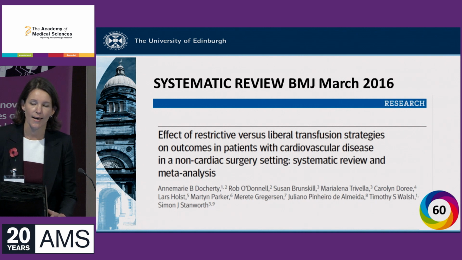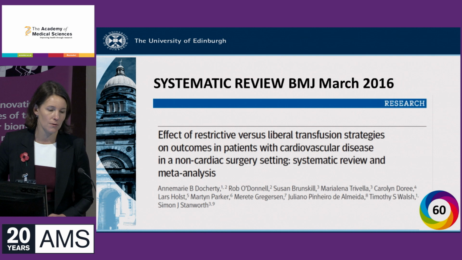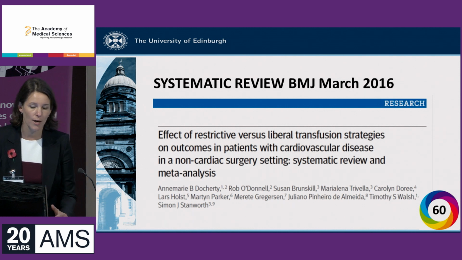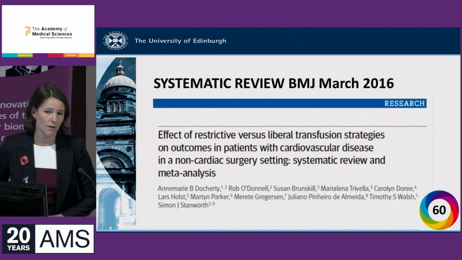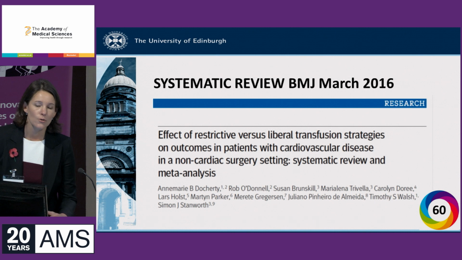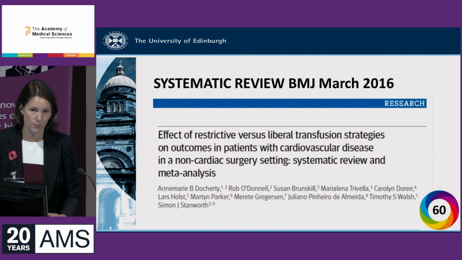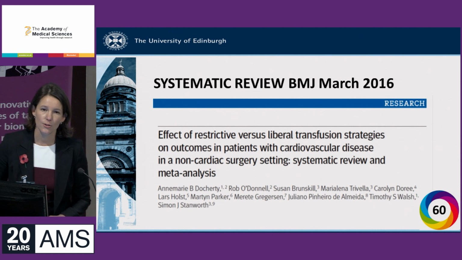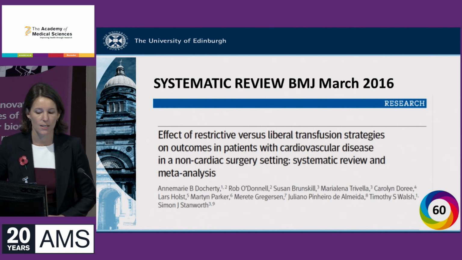And in intensive care over the last 20 years, we've used increasingly restrictive transfusion thresholds, which have been shown in trials to be safe for the majority of ICU patients. We now use a standard transfusion trigger of 70 grams per litre. So I was concerned that the risk-benefit ratio may be different in patients with cardiovascular disease because of their vulnerable myocardium. And so I undertook a systematic review and meta-analysis looking at the effect of restrictive versus liberal transfusion strategies in